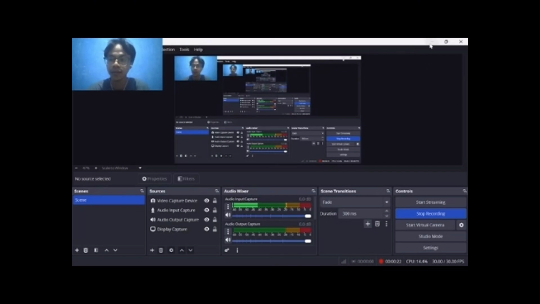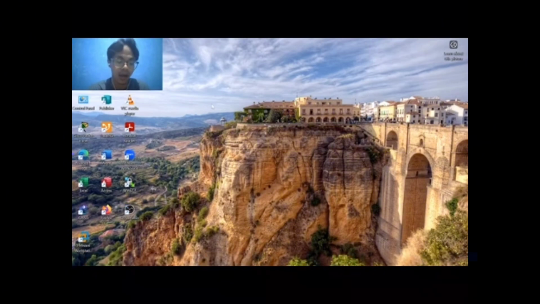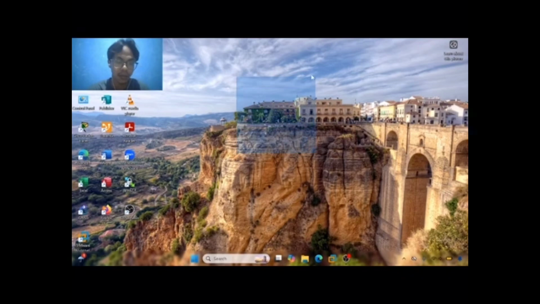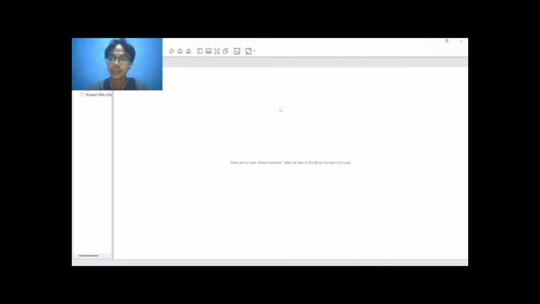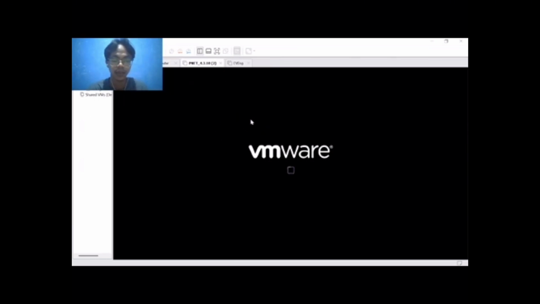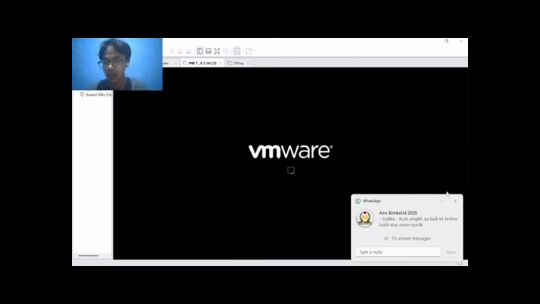But right now, because this VM is more big, the size is more big, so I will configure and practice this assignment with the Pinet Lab. We start first with the Pinet Lab, and I use VMware for the virtualization.